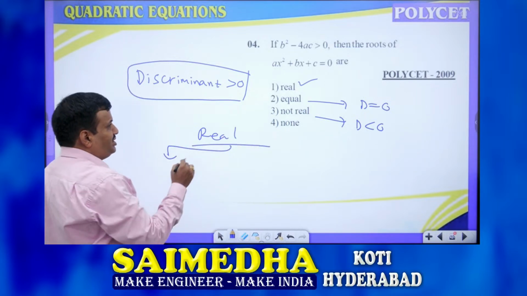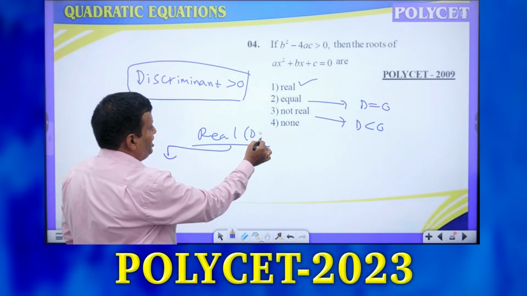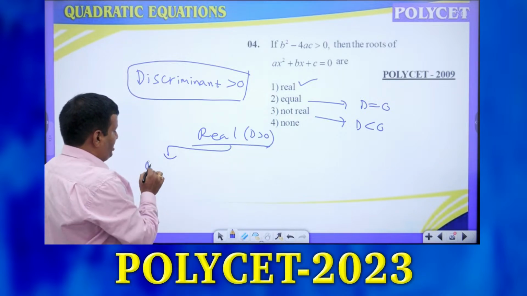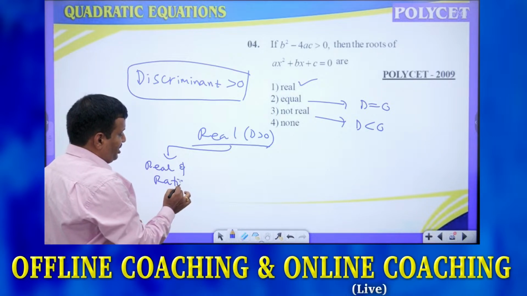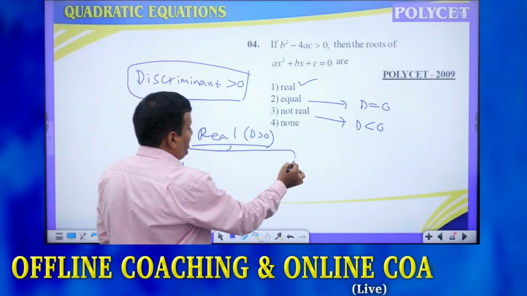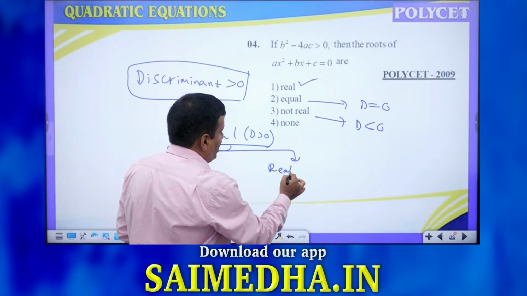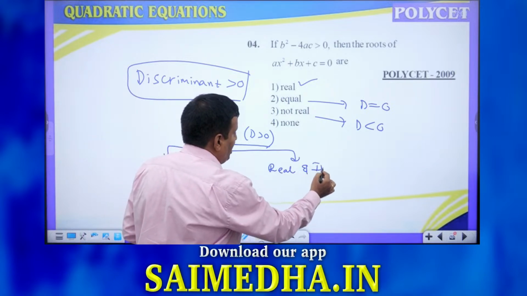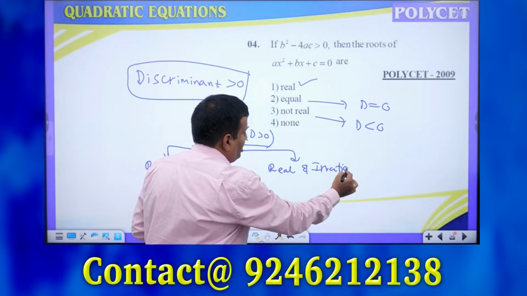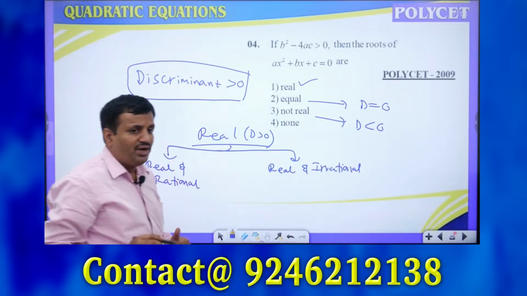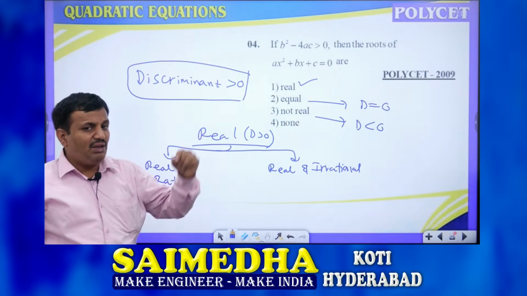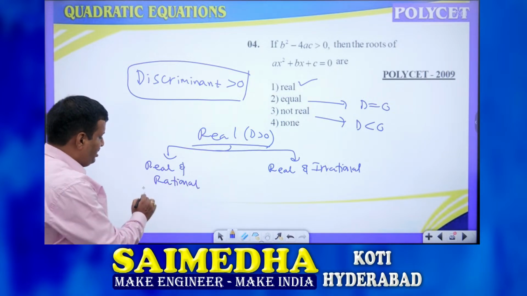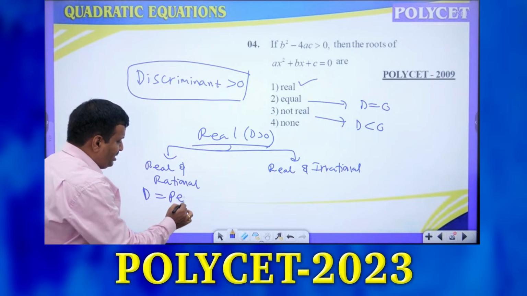ఇక్కడ అబ్జర్వ్ చేస్తే if d greater than 0, and one is what? Real and rational, one case. Second case is real and irrational. Real and irrational, 2 cases. Very important. When you will get the real and rational, if discriminant is a perfect square, d is a perfect square,